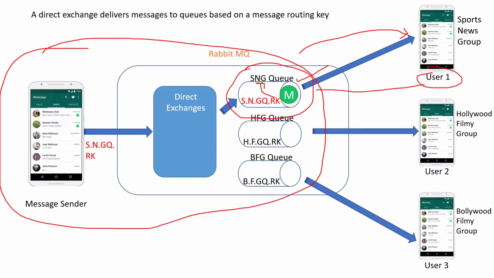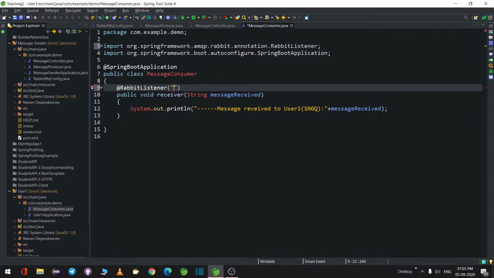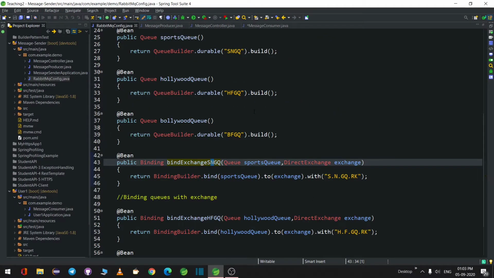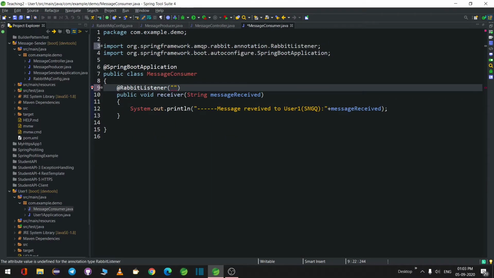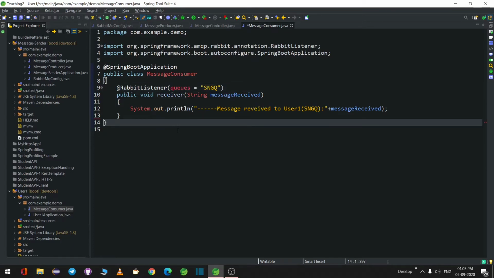SNGQ. This is the name we have given for SNGQ. So which queue you have to mention? Use queues equal to this one. Okay, now we are done with the receiver.